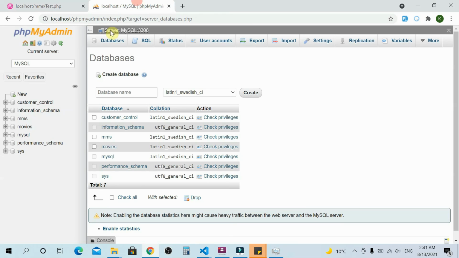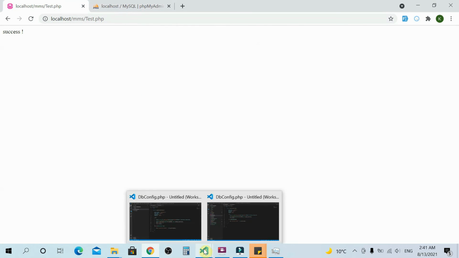Cool. Now that means our database connection succeeds, and I already have a database named MMS. If you want to be coding along, you might want to create that database, because you won't have it in your phpMyAdmin already. Okay, sweet. Our database connection succeeds. Now